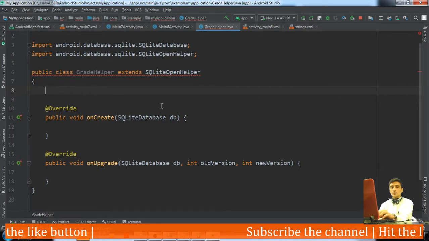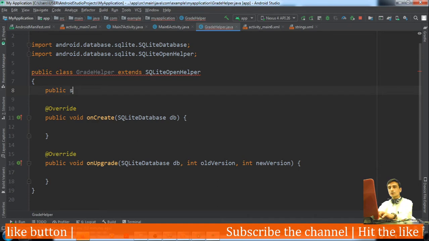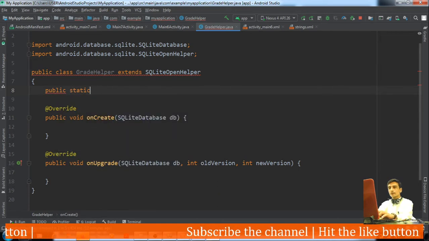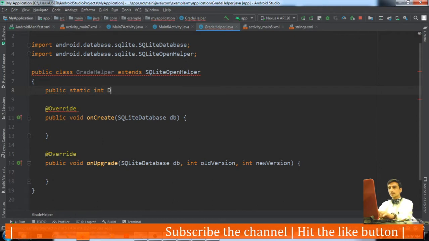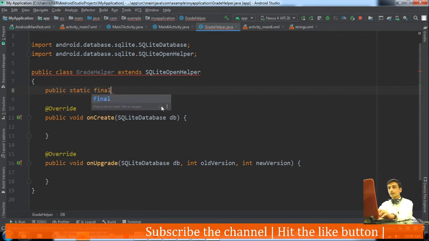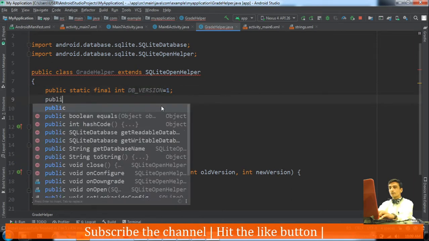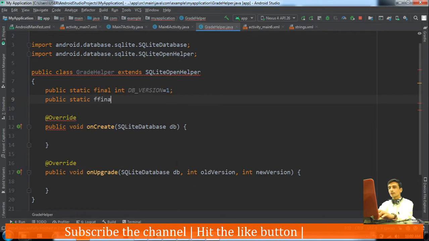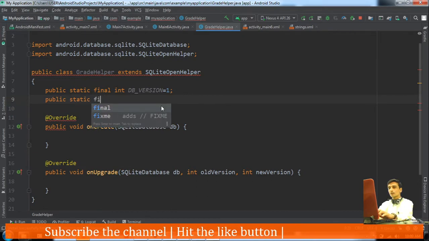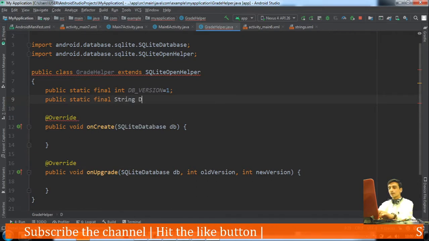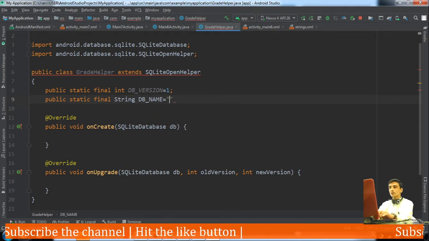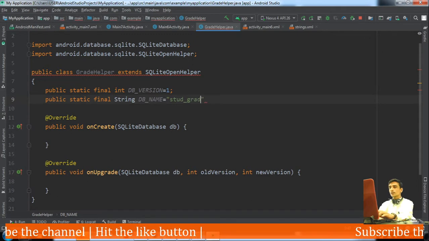Here first of all we need to define some static and final constants. Public static final int DB_VERSION equal to 1. Then public static final String DB_NAME equal to stud grades.